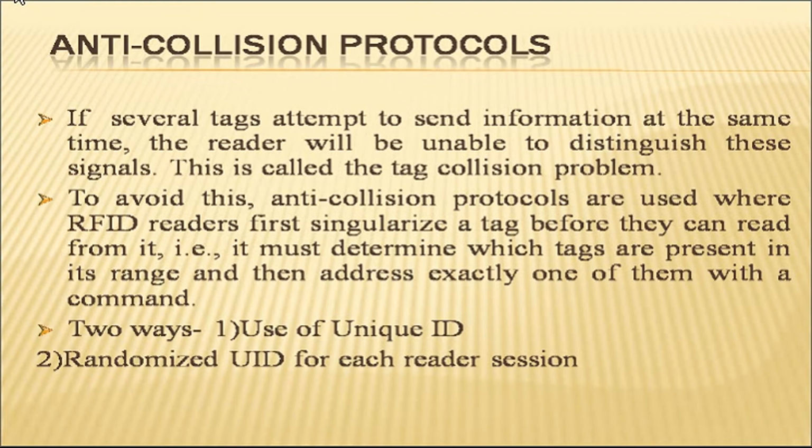Now there are two ways by which we can identify the tag. One is the use of a unique ID, which is given by the tag every time for communication. Now with the use of a unique ID, the problem that can occur is that rogue readers can simply perform a round of singularization, and thus they are able to track individual tags even if the tag payload is encrypted. So this is how the problem with a unique ID can occur.